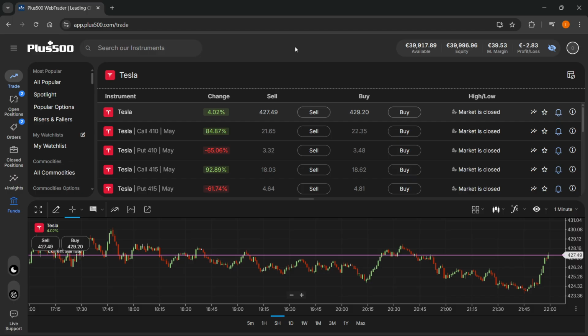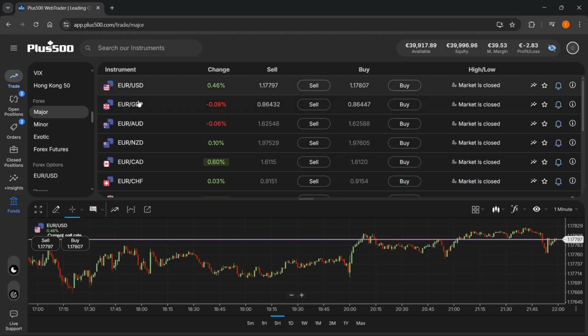So, to trade Forex, you want to go over here on the left under the Trade menu, where you can see a bunch of things. And if you scroll down, then eventually you'll find Forex. So, we have major, minor, exotic, and then Forex futures. You can select whichever one you want, but you also have options and stuff like this. I'm gonna go to major right now, and then over here to trade it, you want to find whatever Forex